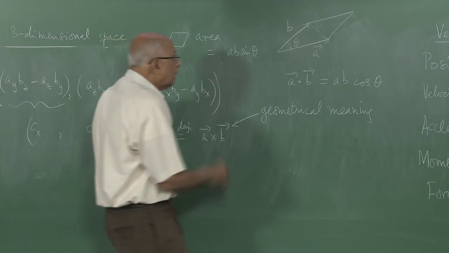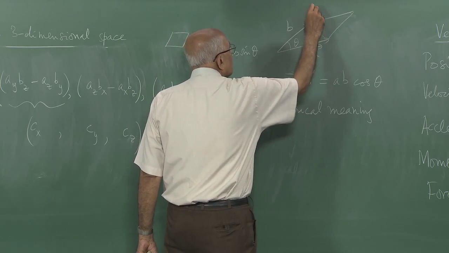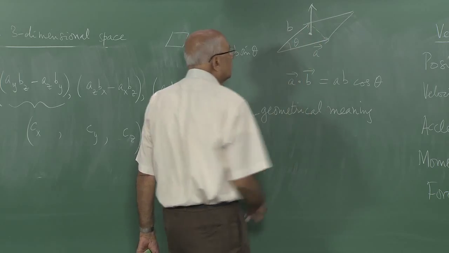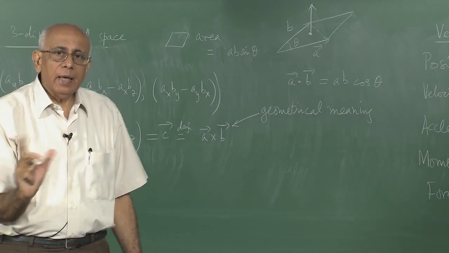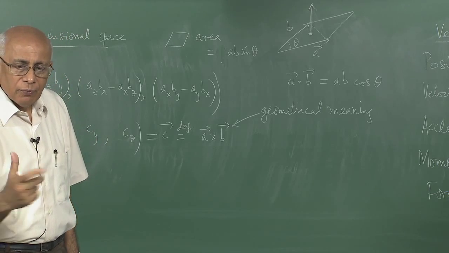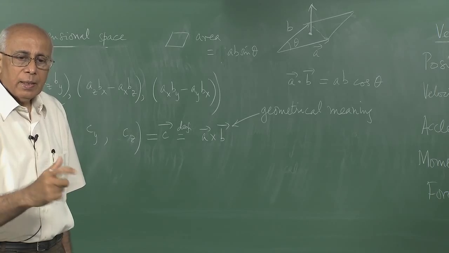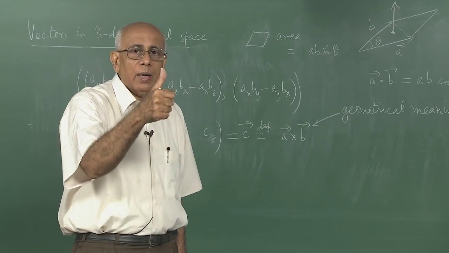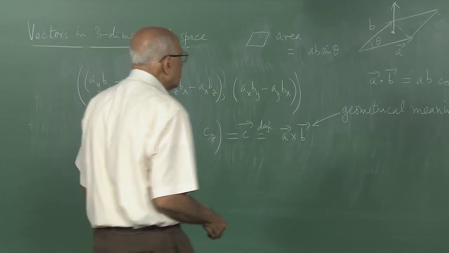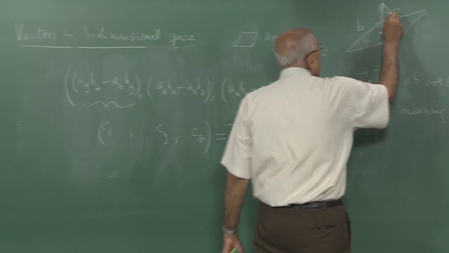On the other hand, the direction of A cross B is perpendicular to the plane of this parallelogram in this direction, and that direction is found by taking A and rotating from A to B through an angle theta in the direction of a right handed screw. The direction in which the right handed screwdriver moves up is the direction of this vector A cross B. So this is the vector A cross B,